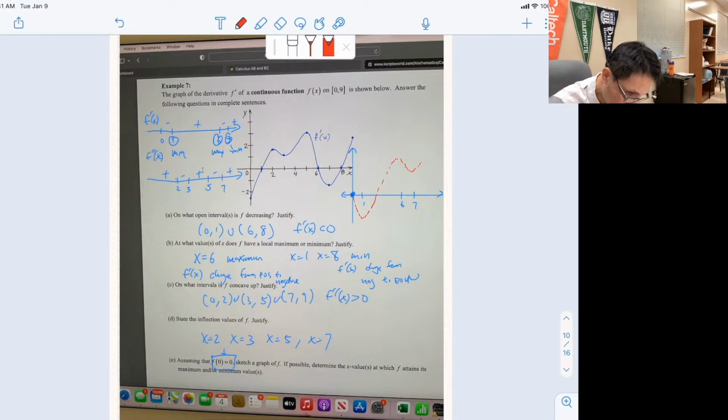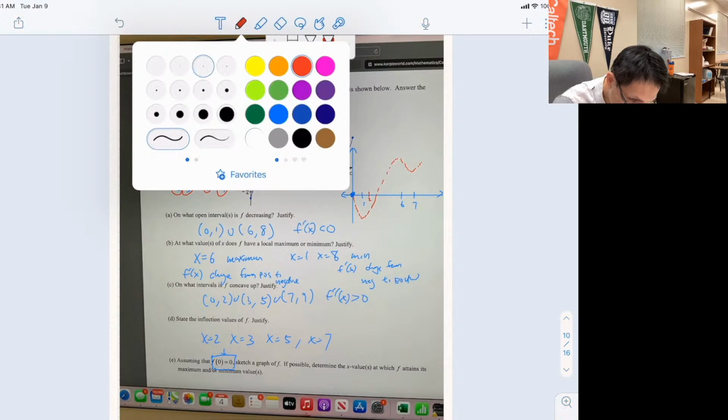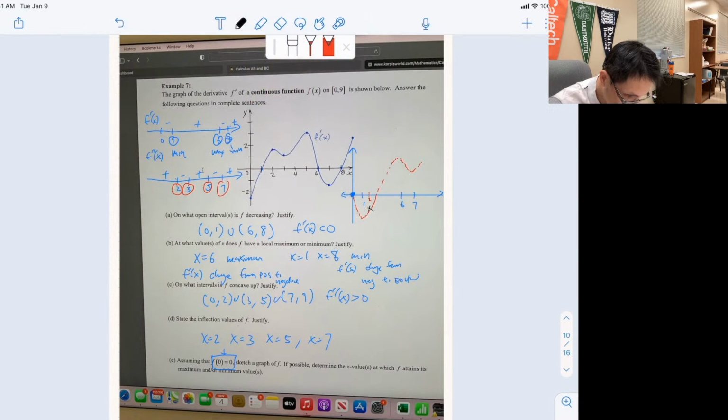I'm going to draw all the inflection points. Inflection points are at 2, 3, 5, and 7. So at 2, which is roughly here, I'm going to draw the black inflection point right here. And at 3, there was an inflection point right here. And at 5, there was an inflection point here. And at 7, there was a